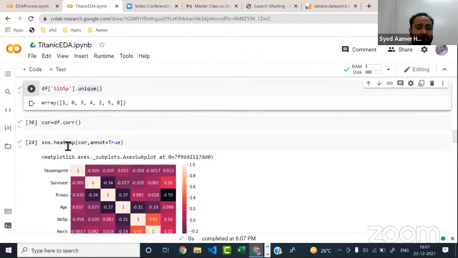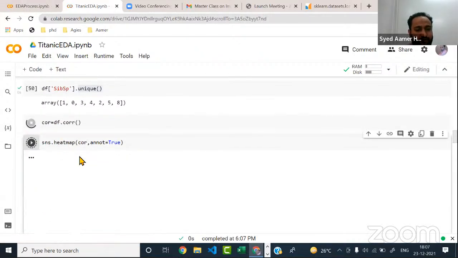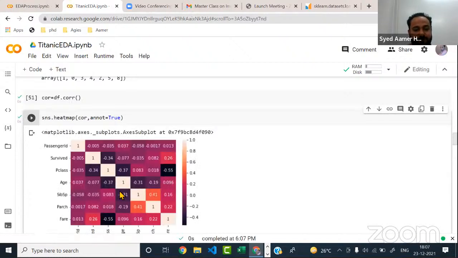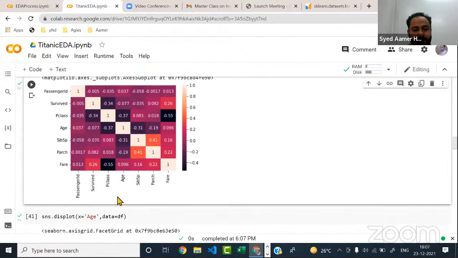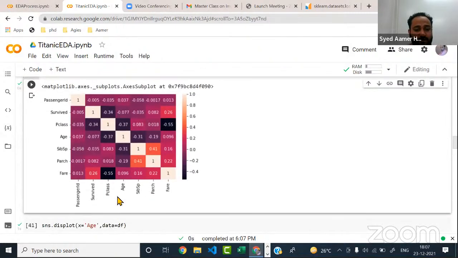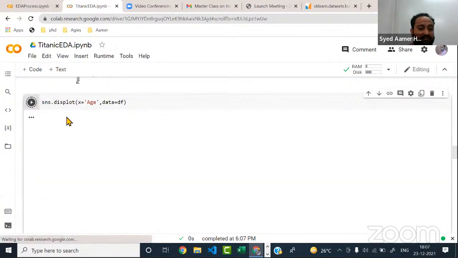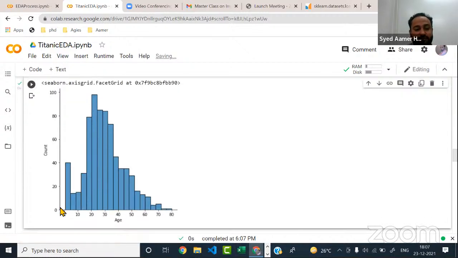And let me just show you this as well, the correlation table. You can see this correlation table is built, and from this you can simply list out which columns are not really correlated from these values. And there's one more, guys, something called sns.displot. It will distribute and show you column versus